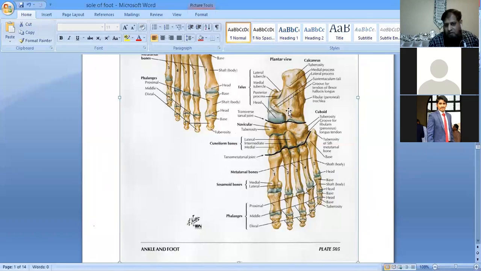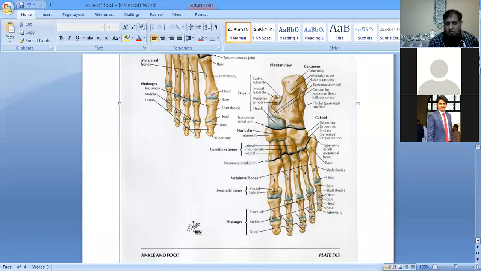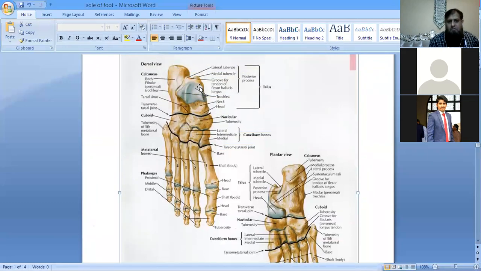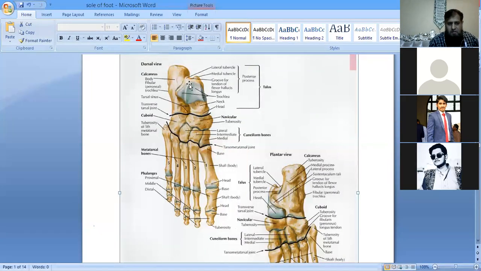bone, or that is called what? The calcaneum. And above the calcaneum here, this is the bone called the talus, which can be best viewed over the dorsum region. This is the dorsal aspect of the skeleton of the foot. So above here is the talus, and below is the longer bone called the calcaneum. This boat-shaped bone over here is the navicular, and the lateral one is the cuboid, and then the three cuneiforms, the medial, intermediate, and lateral cuneiforms. Okay?